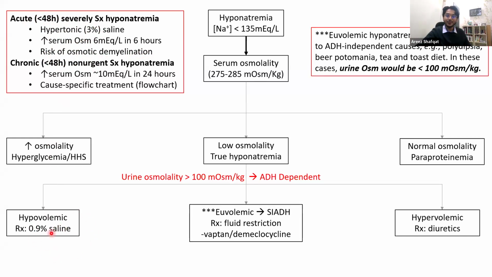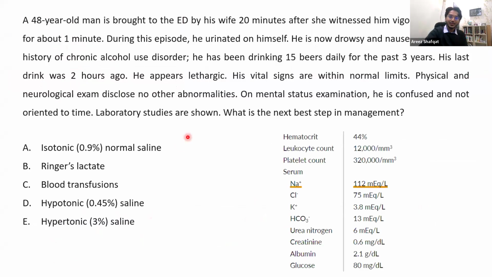If it's hypovolemic, give fluids. If it's SIADH, restrict fluids. If it's hypervolemic, give diuretics. Okay? So this is the main thing you need to know. He may give you a scenario where a patient has seizures. You should always give hypertonic saline, 3% saline. If it's non-urgent, always treat the underlying cause. Okay, good. So based on that,